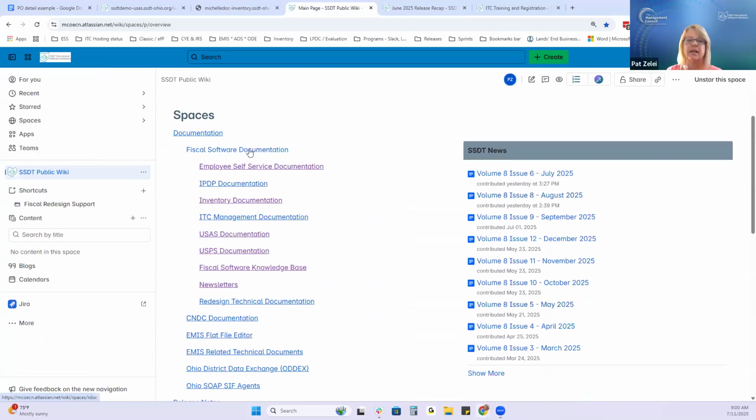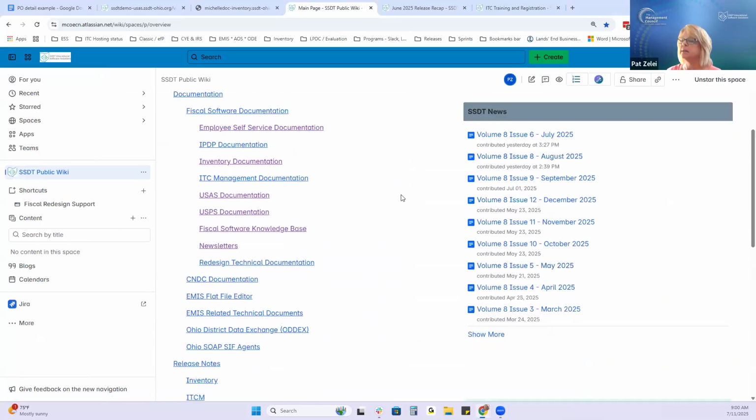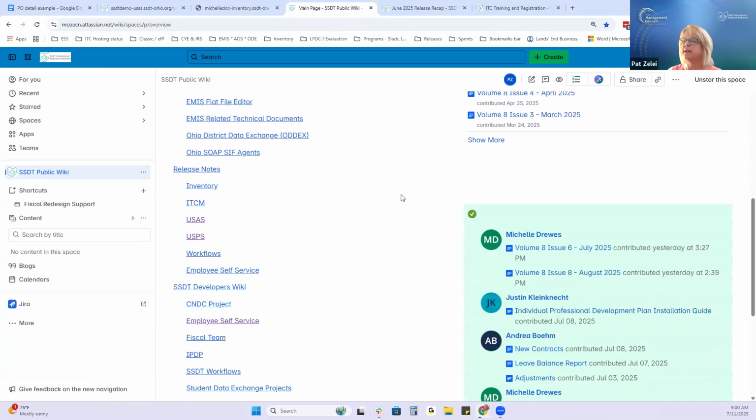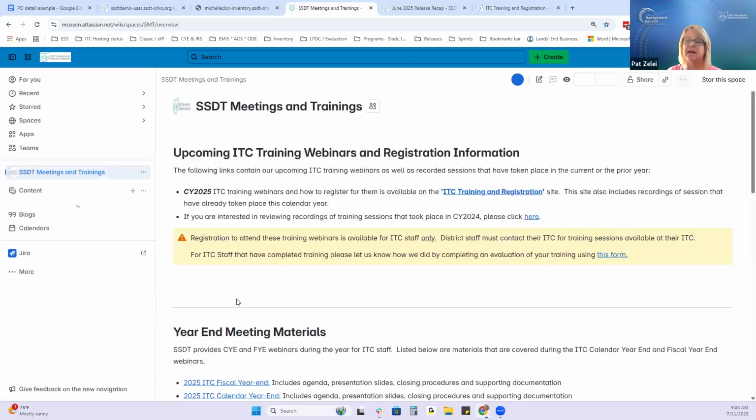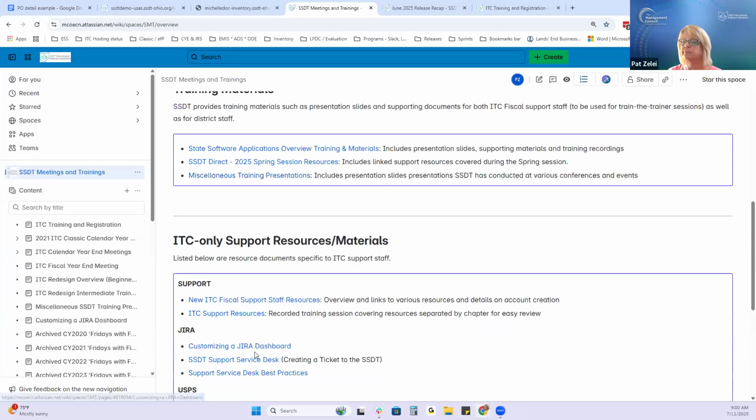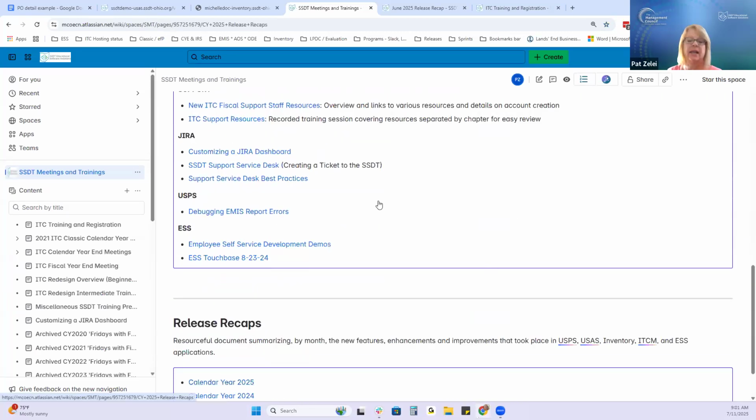Again, how to get there is on our main wiki page under trainings and meetings and trainings, and then at the bottom, the recaps for the calendar year